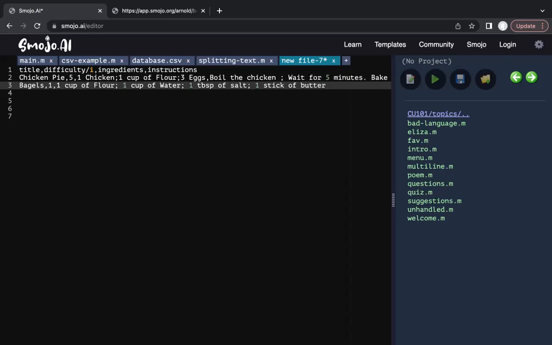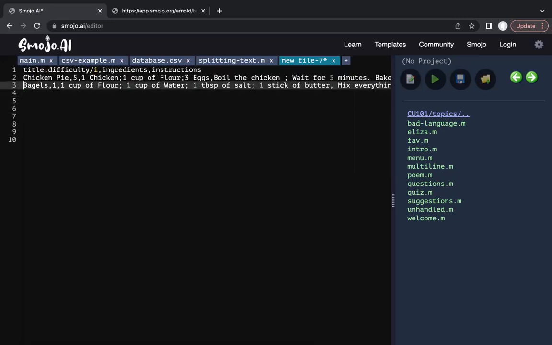All right, and for my instructions, I would say mix everything and steam, let's say. Yeah, I have no idea how to make a bagel, but you understand what I'm trying